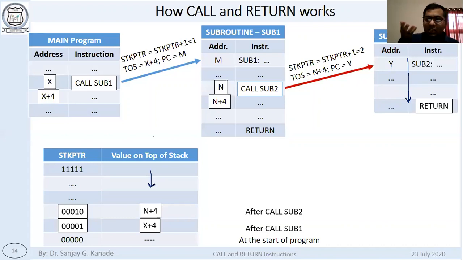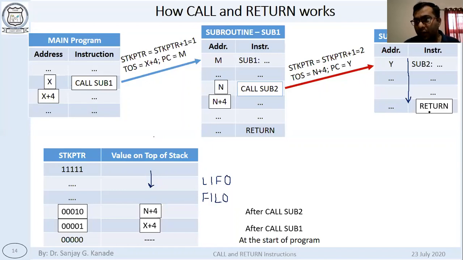Whichever goes in at the start, you can take it out at the last, right? This is last in, first out, or first in, last out. This is the way of functioning of the stack.